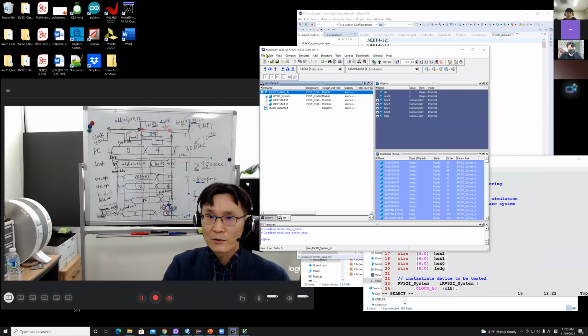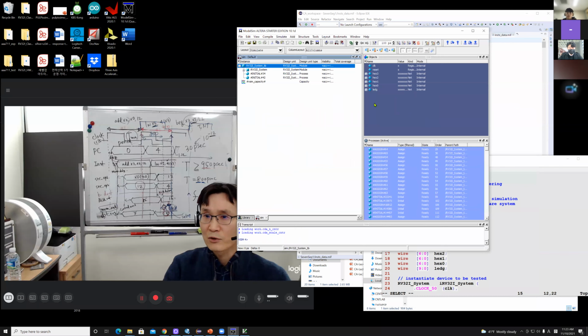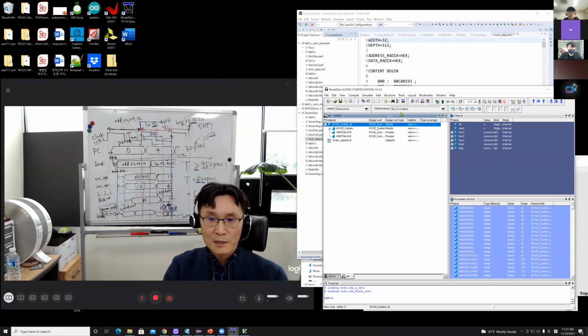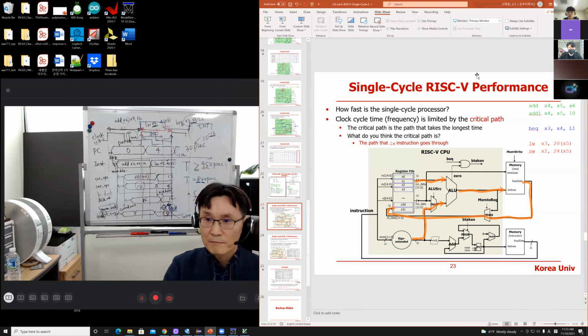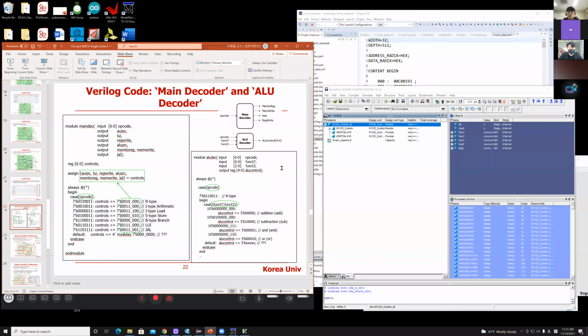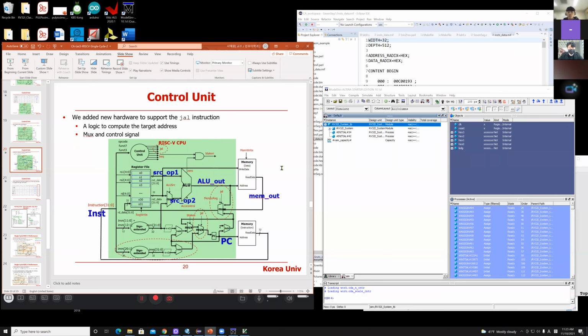Okay, then you have to figure out what signal you want to observe in simulation, right? The obvious thing is, let me show you the data path. The obvious signals you want to observe are the program counter, the instruction coming in, the source operands properly prepared, the ALU output, then the memory output. Those signals you probably want to observe, right? So you have to check